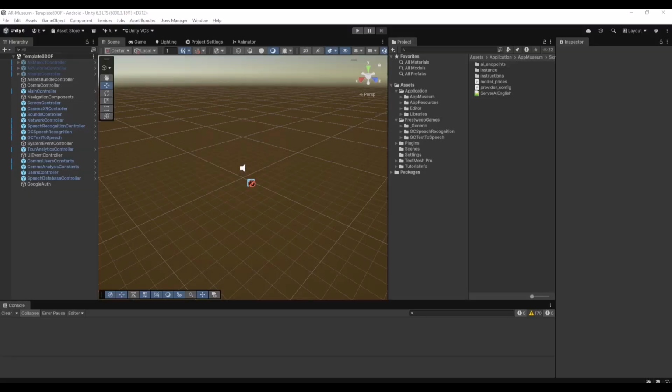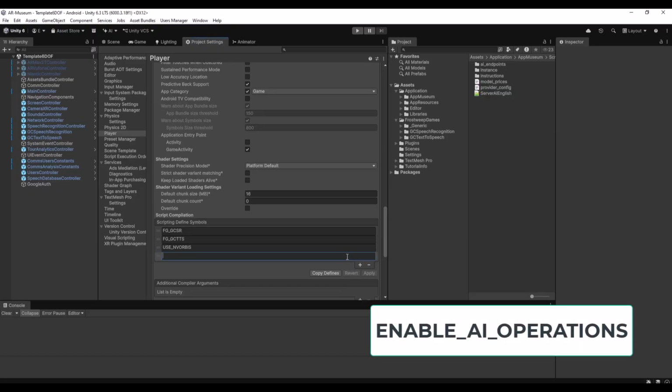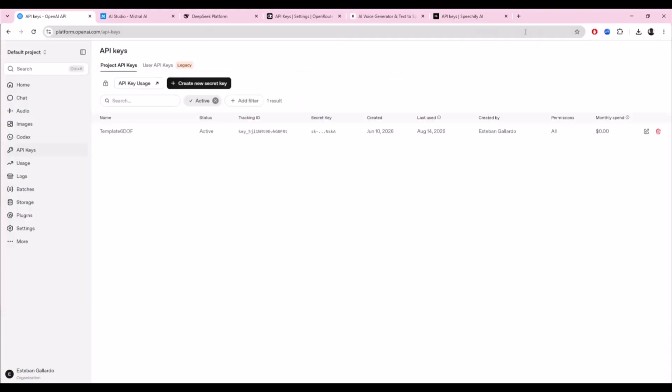Before running any AI operation, we need to add to the list of preprocessor constants this one, because there are going to be clients that don't want AI in any capacity, so this preprocessor constant will allow us to fully remove any AI operation. Before starting, it's up to you to obtain API keys for the AI LLM providers you want